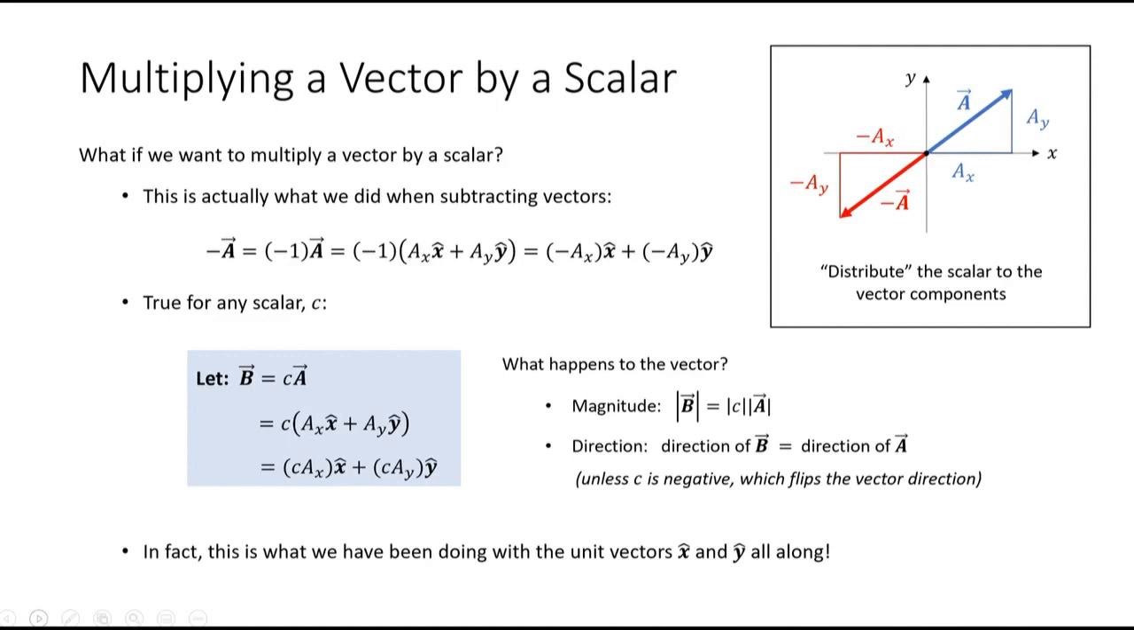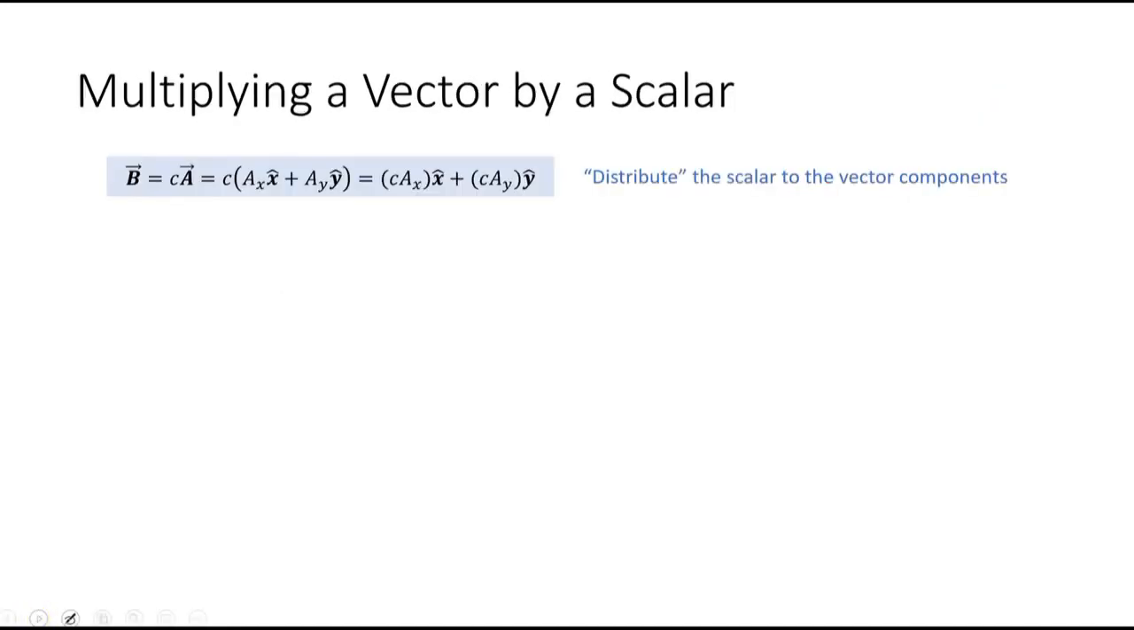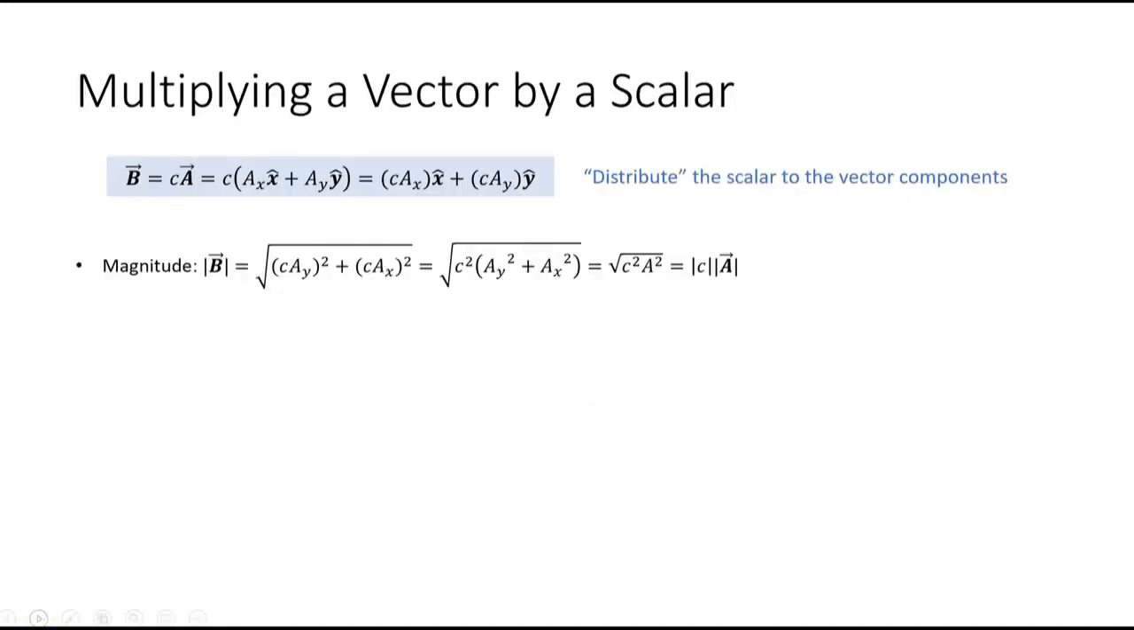All right, and then when we think about the direction of the vector, it turns out the direction of the vector doesn't change unless we're multiplying by a negative scalar number, in which case the direction of the vector flips, just like we had in our example up above. So let's take a closer look at those two things. Okay. So here, when we think about the magnitude of our new vector B, we can actually explicitly calculate it